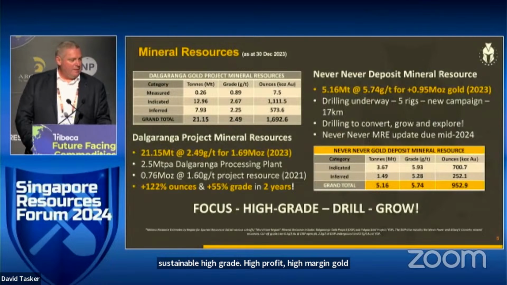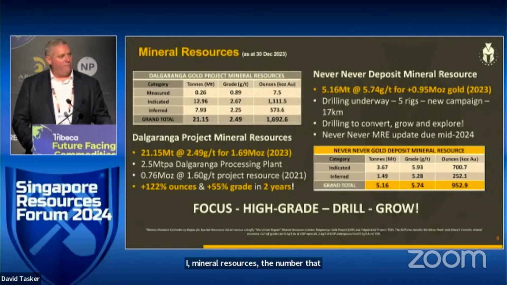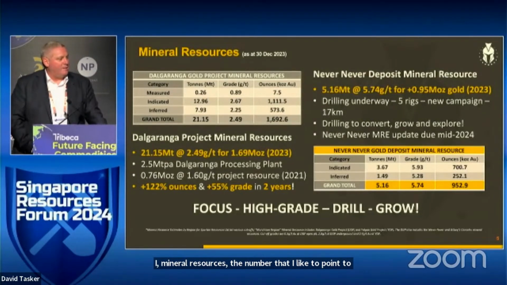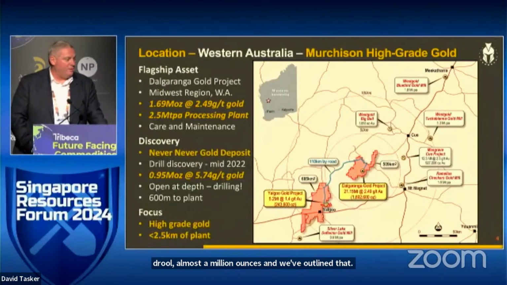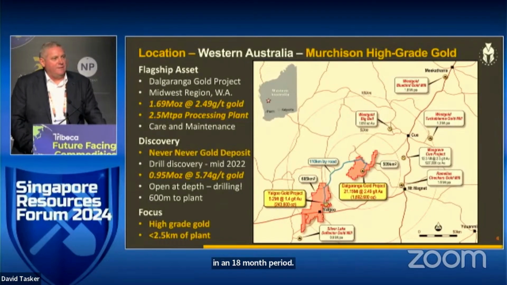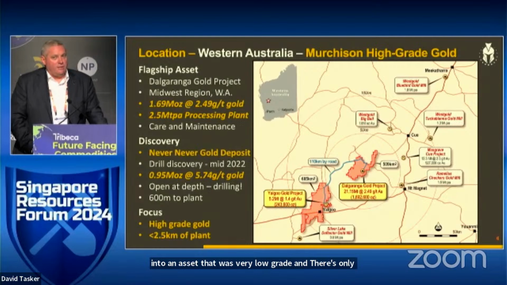Mineral resources, the number that I like to point to there, even though 2.49 grams a tonne doesn't really get people's hearts racing, 1.7 million ounces in front of a plant that's already built should make people quite excited. But the very high-grade aspect of that, over 5 million tonne at over 5.7 grams a tonne, and that grade is increasing with every drill hole, almost 1 million ounces, and we've outlined that in an 18-month period. We're very focused on just high grade. I walked into an asset that was very low grade, and there's only a couple of things you can do in that kind of situation, and it's either drop the costs or increase your grade,